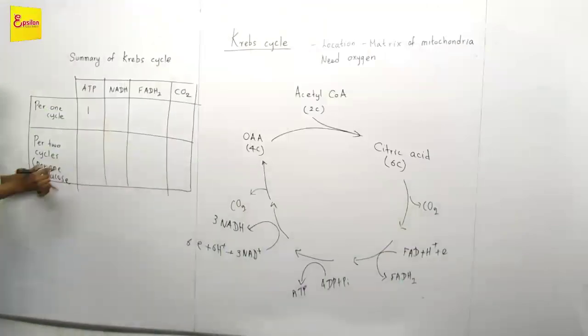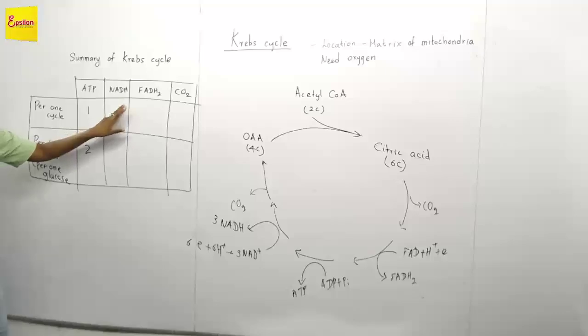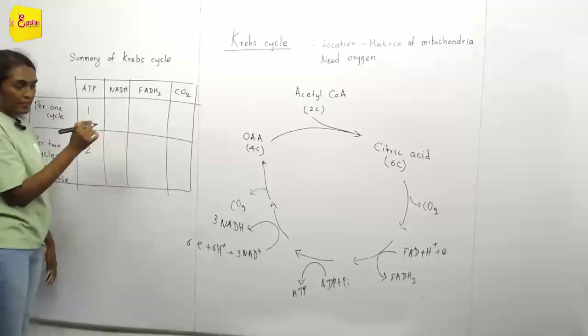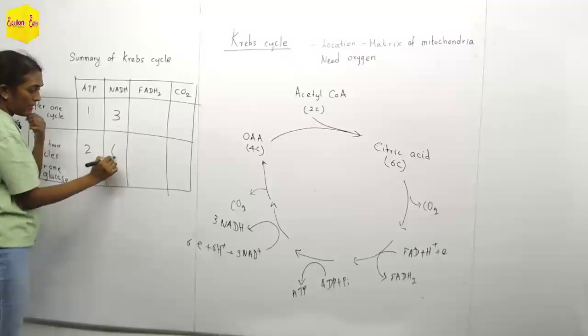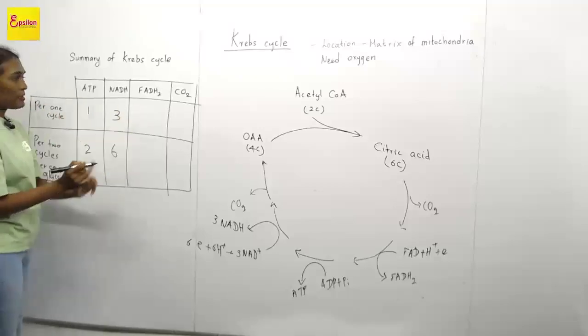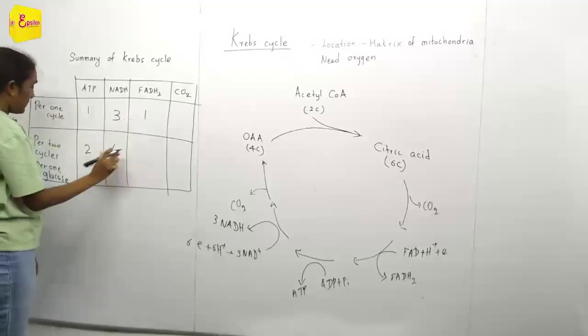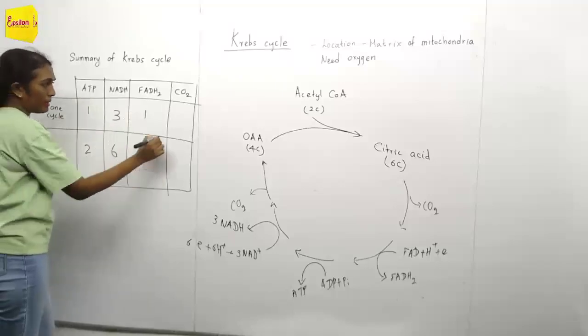Then per two cycles, two ATPs. How many NADH per one cycle? Three. Two cycles, six. FADH2, one. Per two cycles, two. Carbon dioxide,